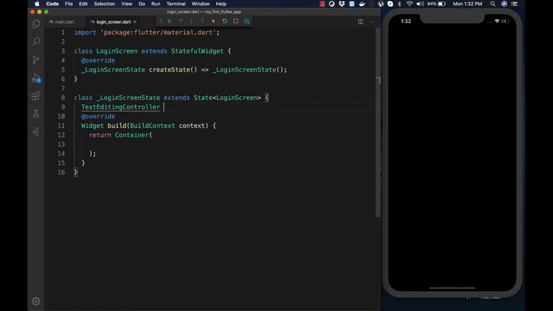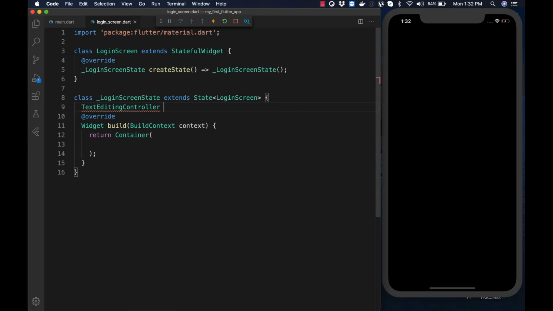Similarly, if you modify the text or selection properties, the text field will be notified and will update itself appropriately. In simple terms, with the support of TextEditingController, we can achieve two-way binding for editable text field controls.